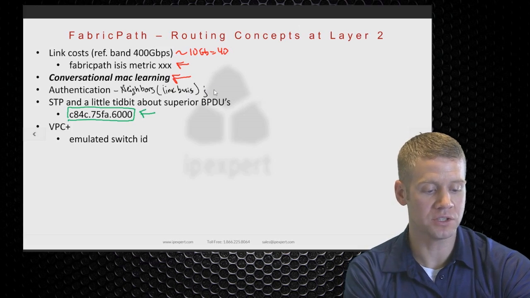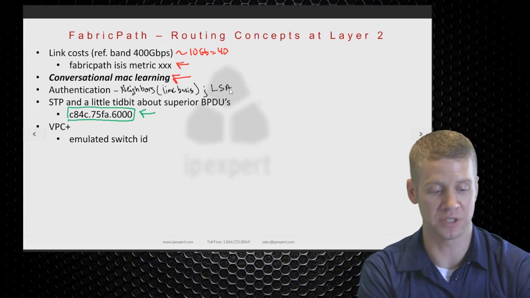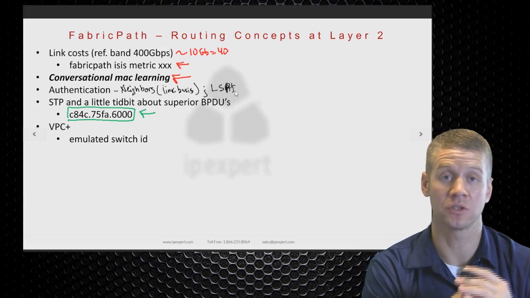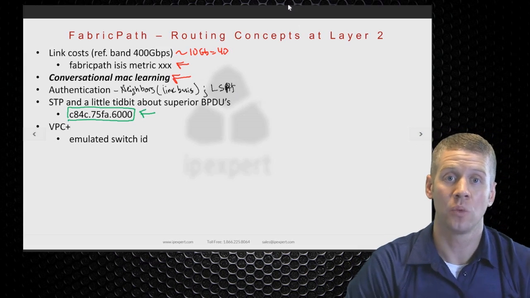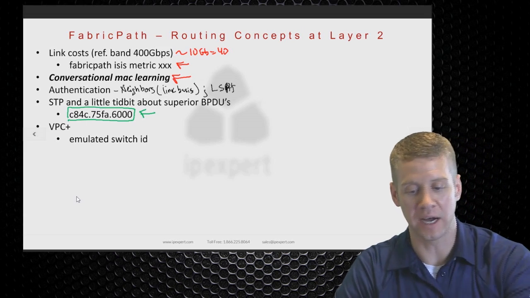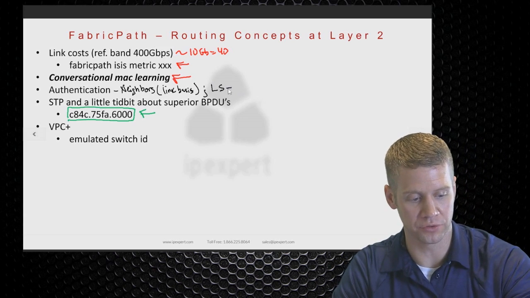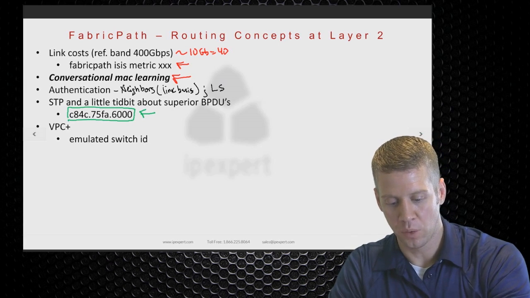Okay, and we can also authenticate our LSAs, or link state packets, sorry, I should say LSPs, our link state packets. So within our FabricPath domain itself, we can actually authenticate the IS-IS link state packets. So one, guys, if we actually erase that ugly P I just drew, okay, one is going to be more